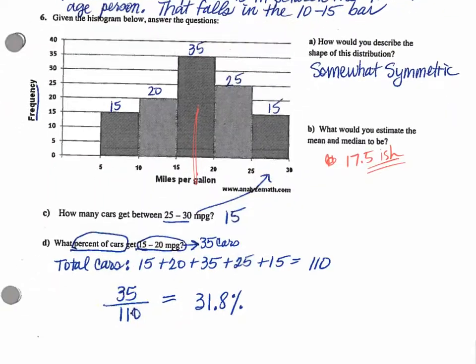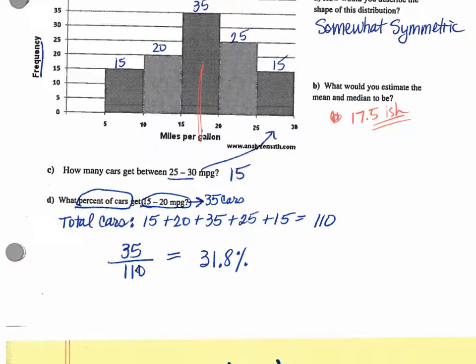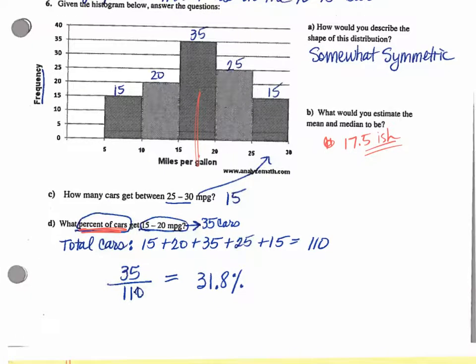And then C, how many cars get between 25 and 30, that's 15. Okay, part D, how would I turn this amount of cars, how would I turn 35 cars into a percent? Yeah, I need to divide it by the total amount of cars, which there were 110. So that 35 over 110 is how I got that. All right, that was all. Page 8, 9, 14, and 15. Okay, so now